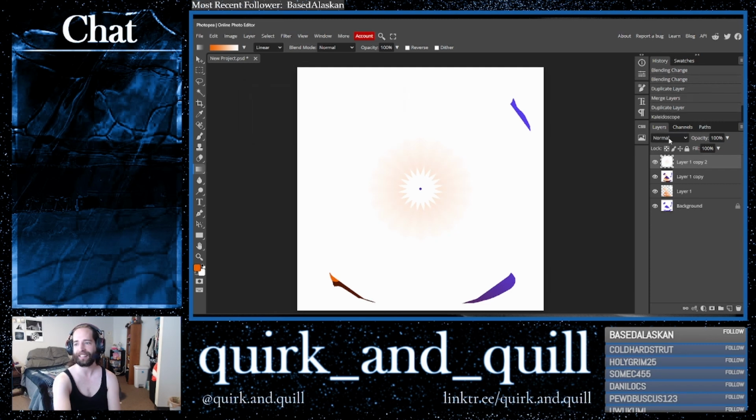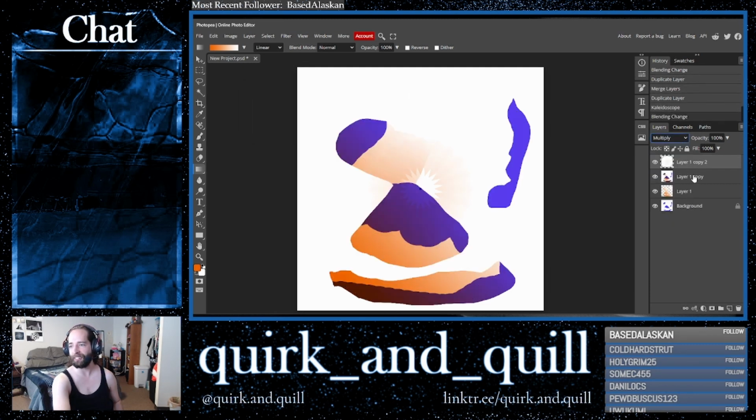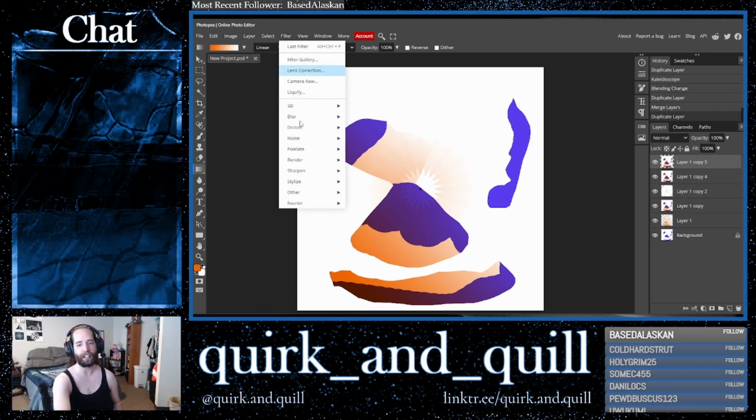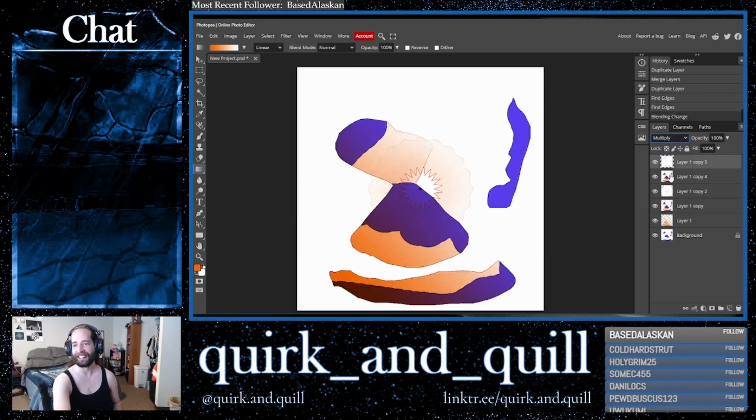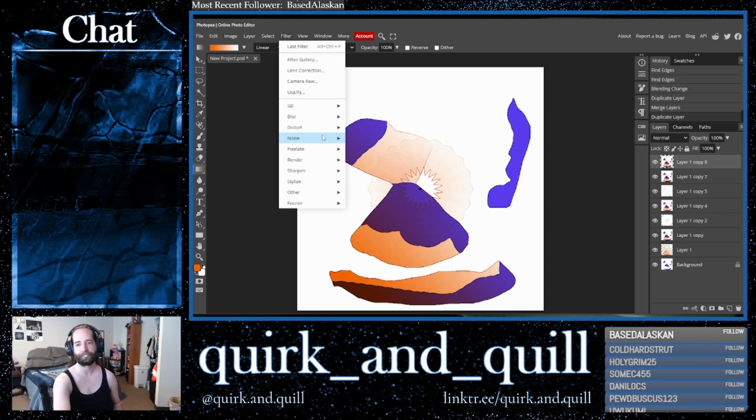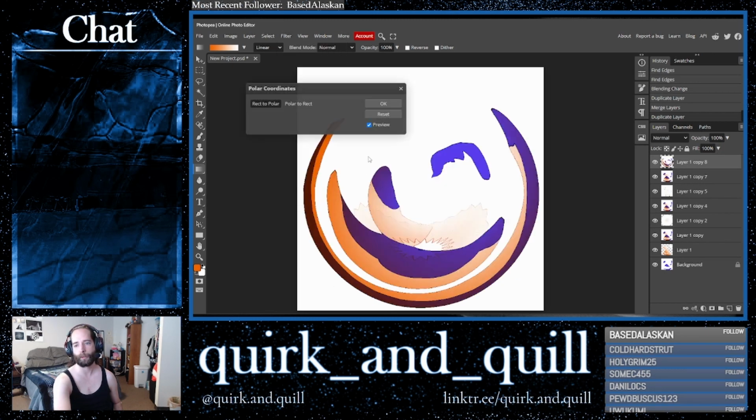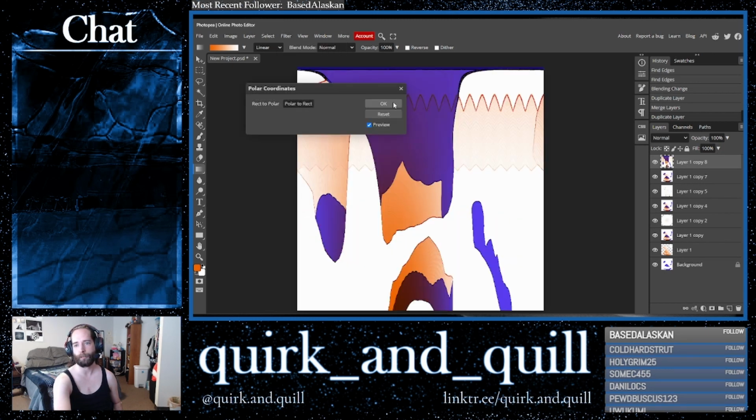Ooh, we got that going on. Kaleidoscope has let us down slightly, but that's okay. Let's go ahead and find edges. Maybe find edges can find the kaleidoscope, what it was supposed to be. And it kinda did. So then we got some little lines going on, which is nice. Love that. Let's go ahead and pull our coordinates. Why not?